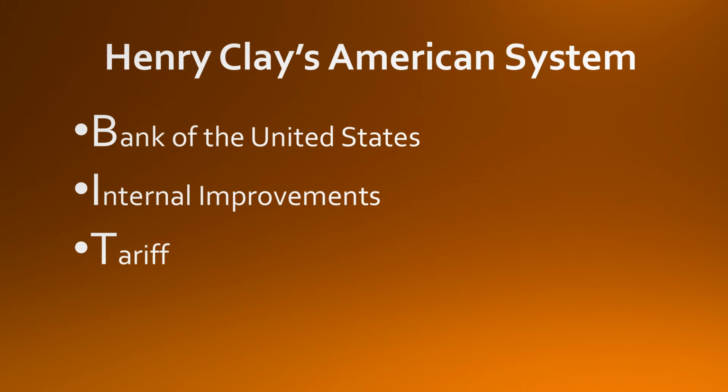A second major proponent of the American System, and the proponent that actually didn't pass, was internal improvements. This was the idea for Clay to link these three regions through transportation and infrastructure, and essentially the idea that the country would be more together because of the federal government. Jeffersonians opposed this. They saw it more as a states' rights issue. And even though Congress passed one bill that would have given funds to states for internal improvements, President Madison vetoed it as unconstitutional, and his successor also vetoed similar legislation.